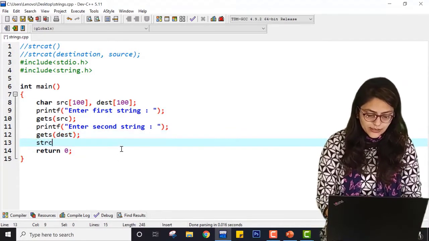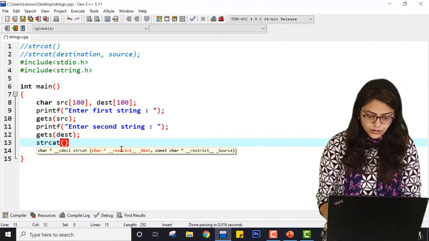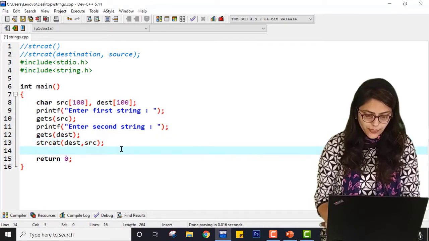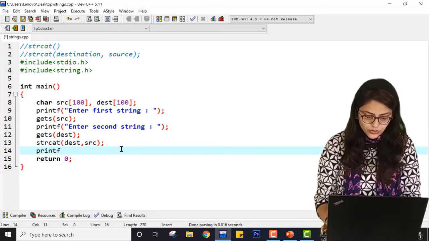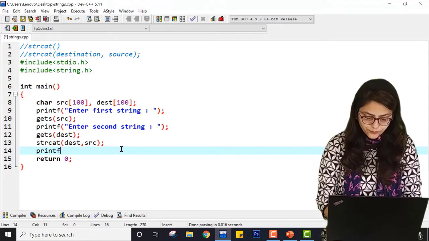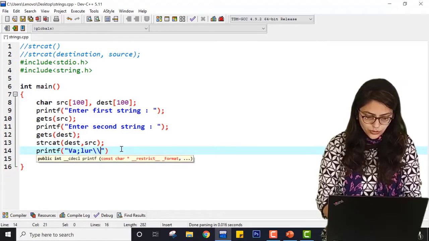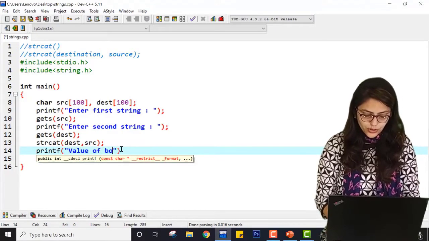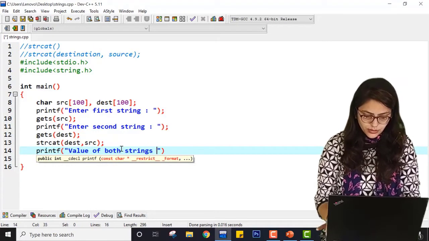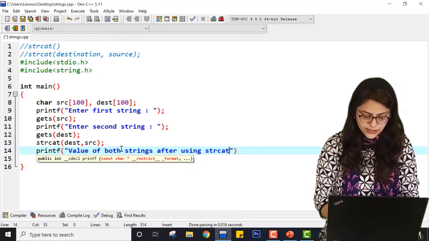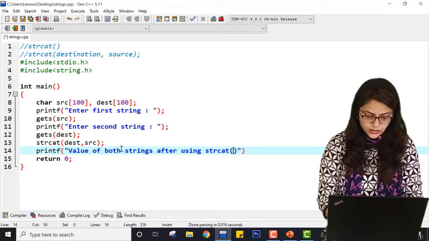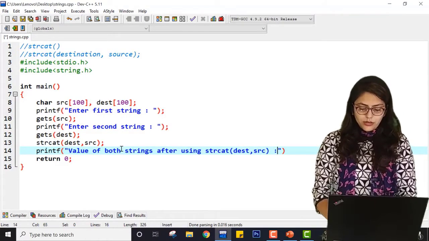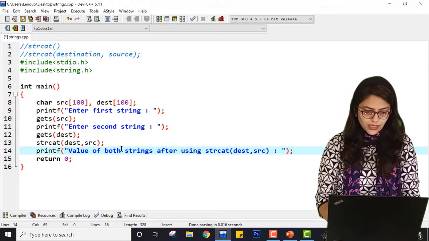Now I'm using strcat function, and here I'm using dest and src, and printf, value of both strings after using strcat, dest comma src, and here semicolon.